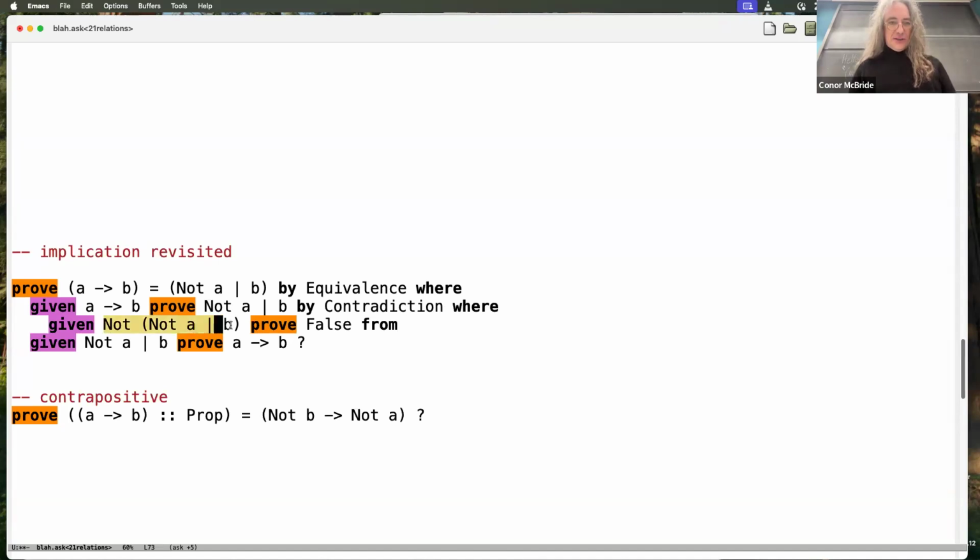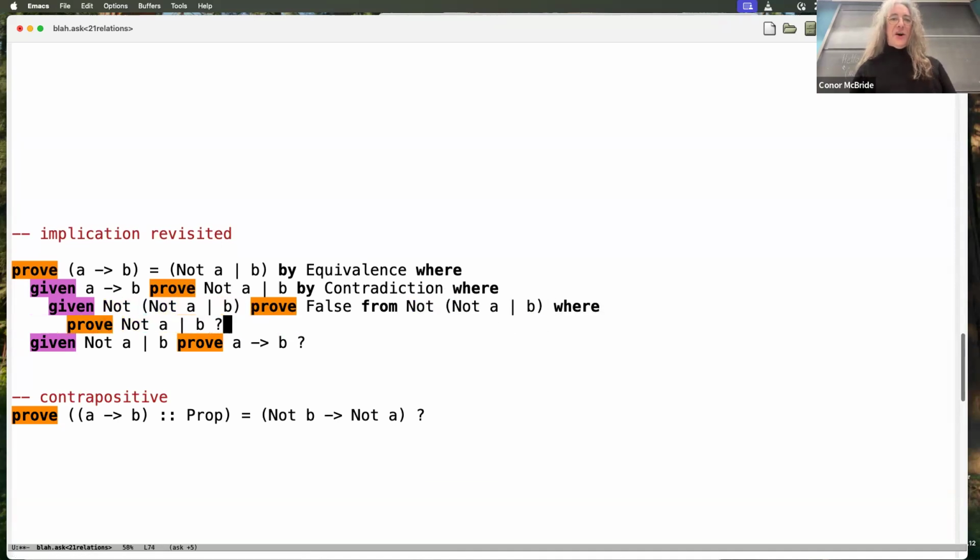So I do this. And you know what's going to happen. Right. So now, what am I going to do? What's my best strategy for getting anything out of any of this stuff? I've got an A implies B. So I would really like to be given an A. How do I get my A?